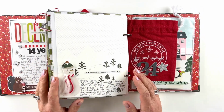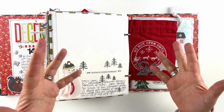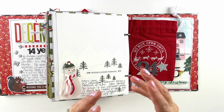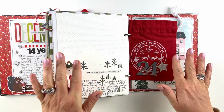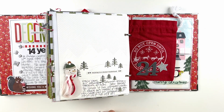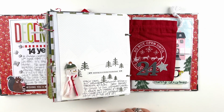On the back side, this is a card. A lot of times, I mean like a greeting card. So a lot of times over the holidays, I'll look for winter themed or Christmas themed greeting cards, and I just add that to my stash of products for documenting December. And this was a perfect one. So I just adhered that to the back of the photo and then did a little journaling right there on the back. Added a little snowflake